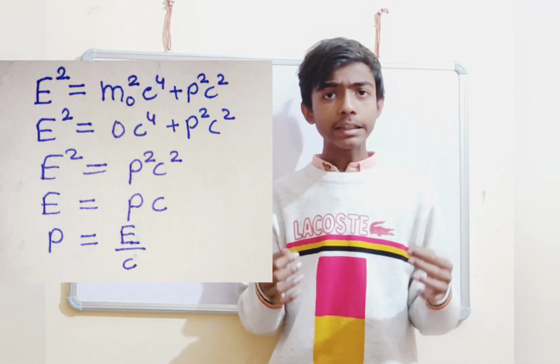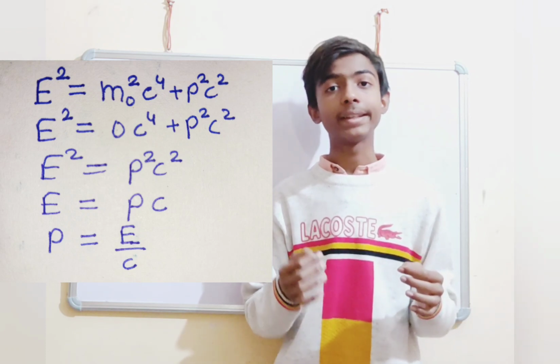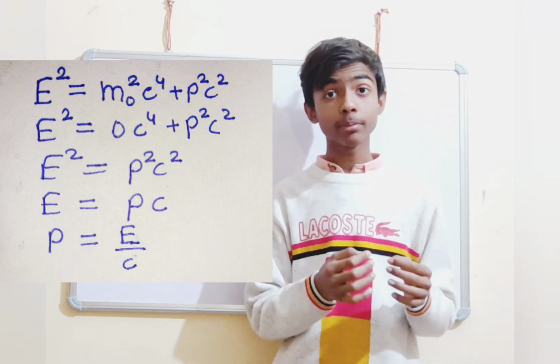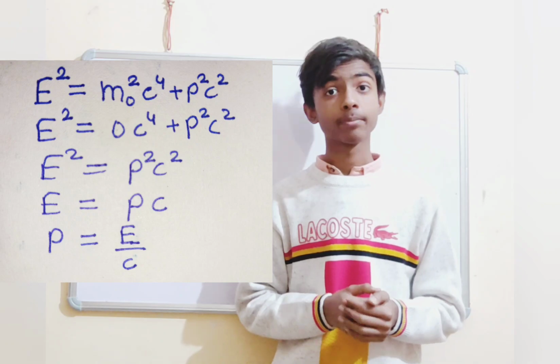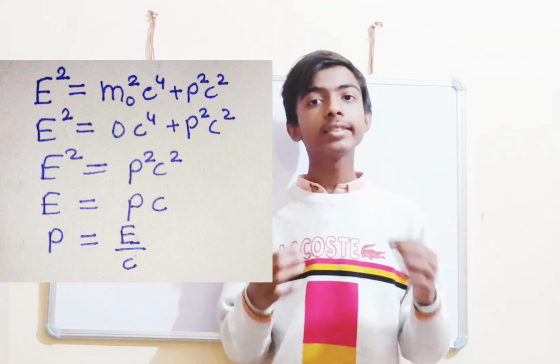So we get the result that E equals pc. So p can be written as E divided by c. What this tells us is that even though light does not have mass, it has a certain amount of energy. Photons have energy because they are called packets of energy. They contain some energy. It means that even though they do not have rest mass, they should have momentum